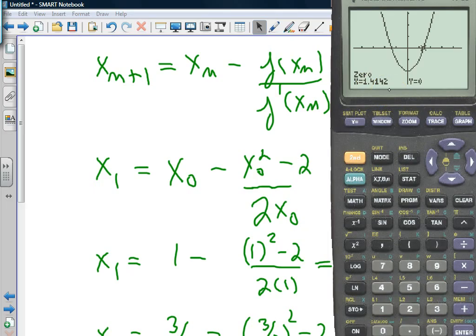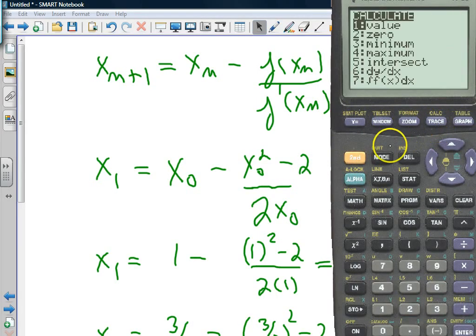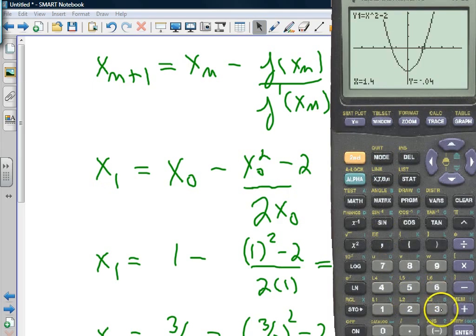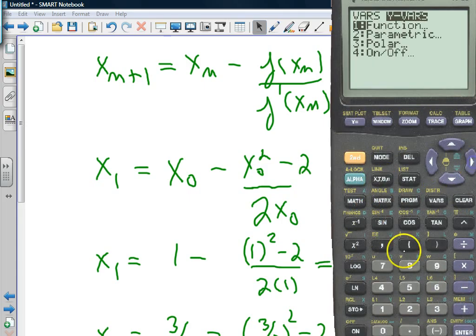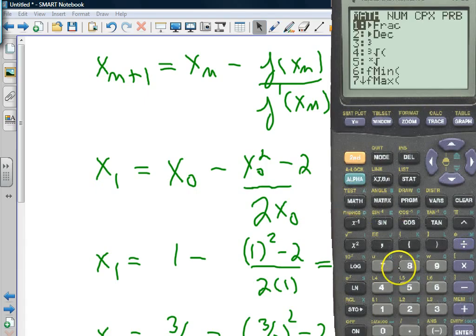Okay? All right. So you know how to graph. You know how to get the zeros on the graph. And you know how to get the numerical derivatives along the graph. You can even do it here. Second Calc 6 at whatever point you feel like, you can get the derivative of the function if you want, right? Numerically, right? Okay, so we're going to do that. So what I want to do is x minus y1 of x divided by math 8 of y1